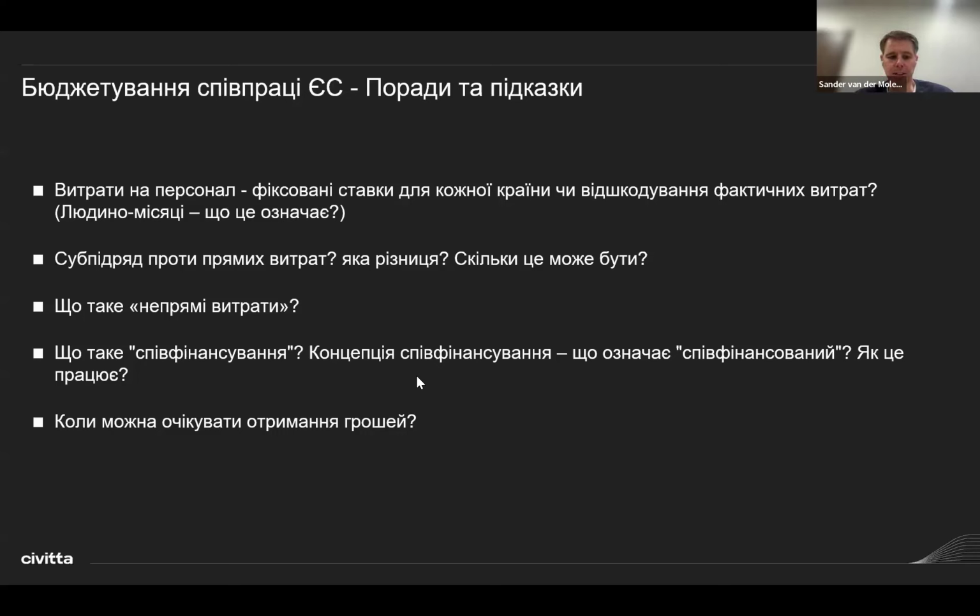The last bullet point, when can I expect money to receive? I think Jan elaborated a lot. Here some example challenges, I think, are plans might not always work out. And I can tell some experience now